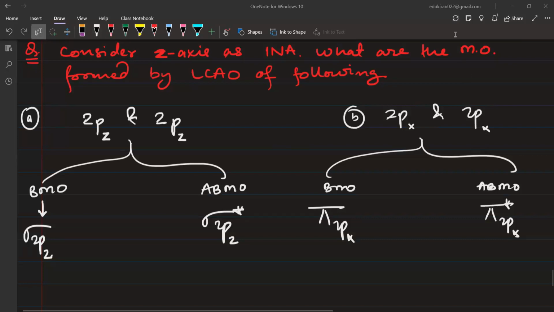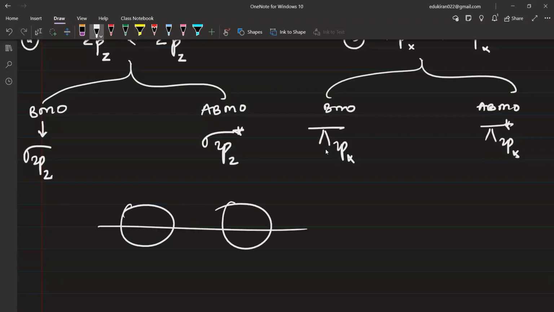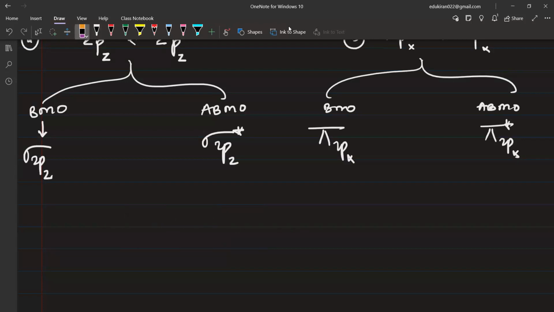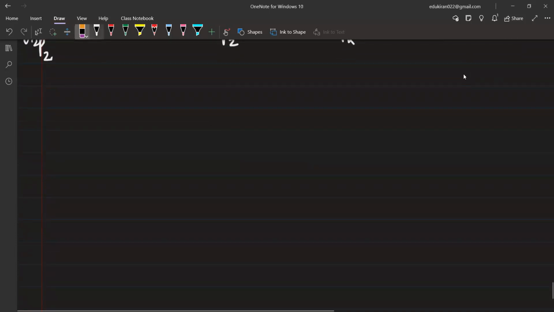बात समझ में आ रही है सबको? हाँ या ना, जल्दी बताएं. चलिए, और देखिए एक चीज आपको हम बता देते हैं, व्हेन वी आर टॉकिंग अबाउट, सी दिस इज द Z एक्सिस ना, और जो s ऑर्बिटल होगा इट इज कंप्लीटली सिमेट्रिकल। सो नो मैटर व्हाट द इंटरन्यूक्लियर एक्सिस इज, s तो स्फेरिकल है, वो हमेशा कैसा बॉन्ड बनाएगा? इट विल बी ऑलवेज ऑन द इंटरन्यूक्लियर एक्सिस। तो s कैन ओनली मेक सिग्मा बॉन्ड, ठीक है।